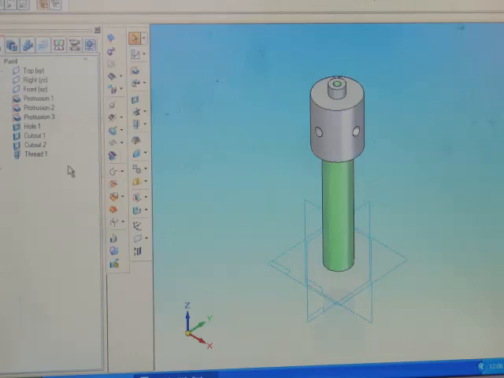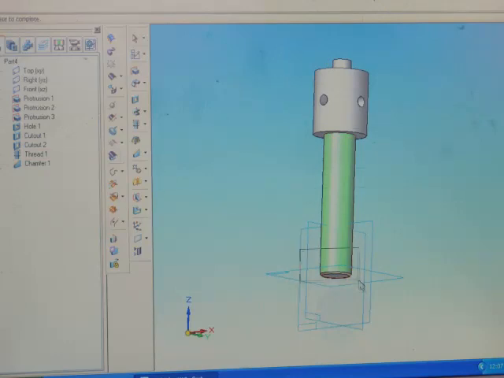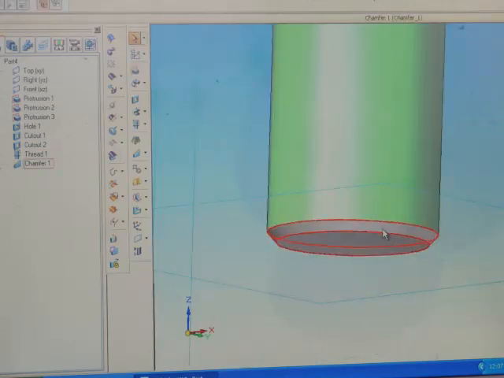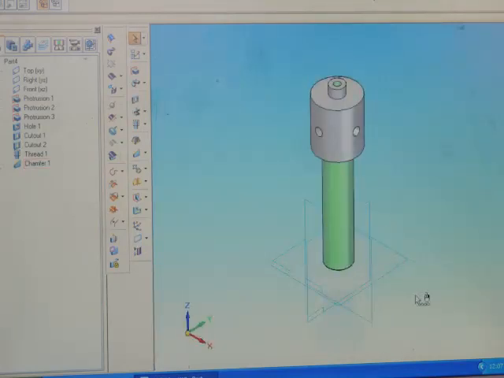So next, chamfering. Let's do the chamfer. 2 mm, there is a setback of 2 mm. See here, this part is chamfered. Lastly, we have to go for the chamfering option again.